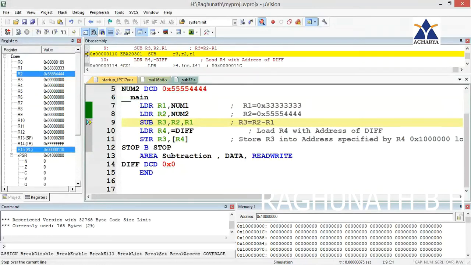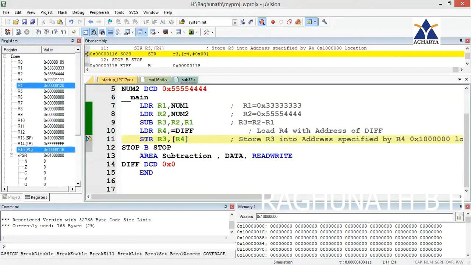So you can observe the output in the destination register R3. You can put the destination register as a source operand also. For that you have to put SUB R2, R2, R1, which means the answer will be stored in R2. That is left to you. You can choose a different destination register. Here we chose R3 as a different destination register. So next you can see the answer in R3.